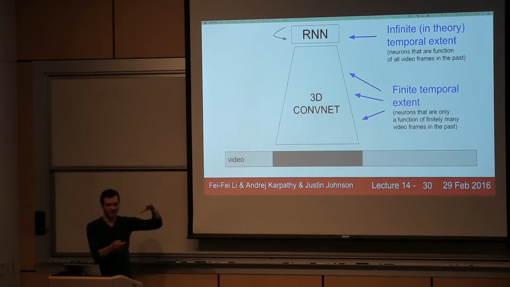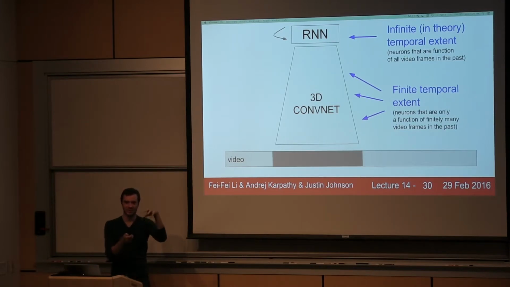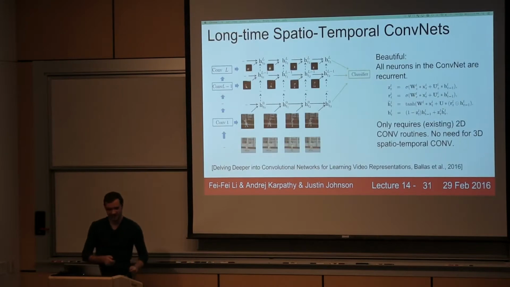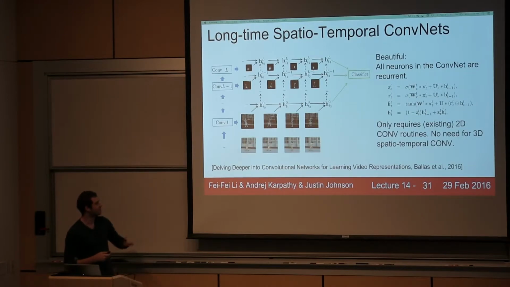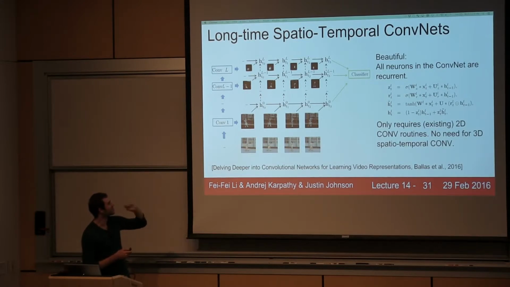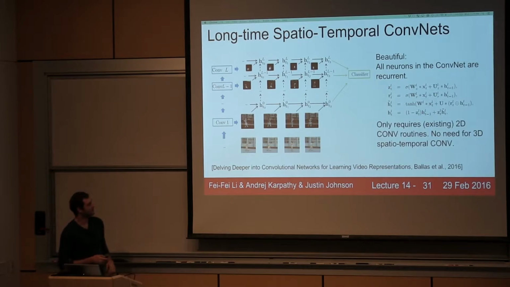We're going to basically take a convnet, and we're going to make every single neuron in that convnet be a small recurrent neural network. Like every single neuron becomes recurrent in the convnet. Okay? So the way this will work, and I think this is beautiful, but their picture is kind of ugly, so I'm not sure if this makes sense. So let me try to explain this in a slightly different way. What we'll do instead is,